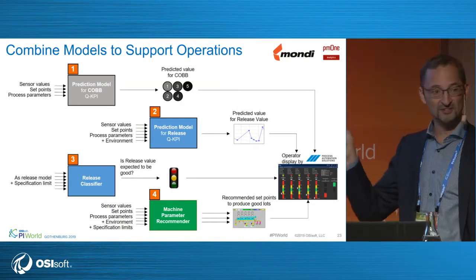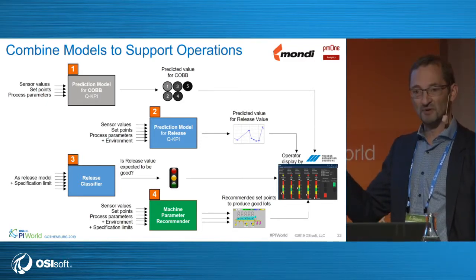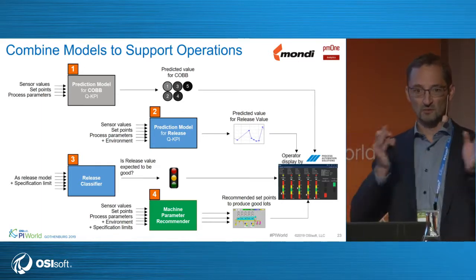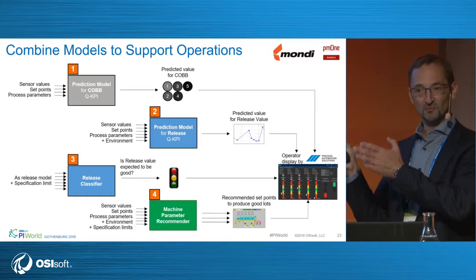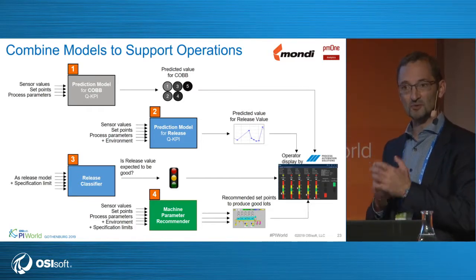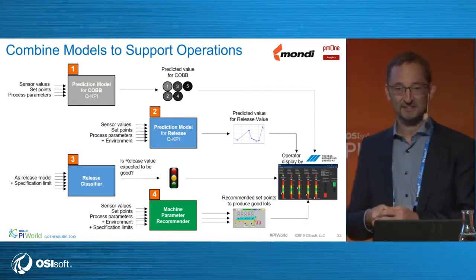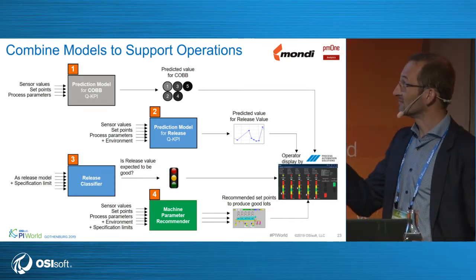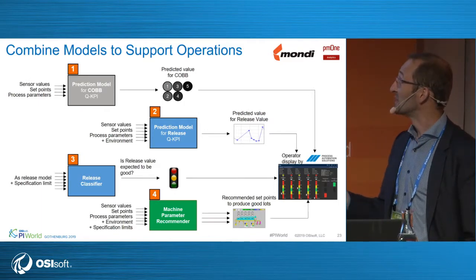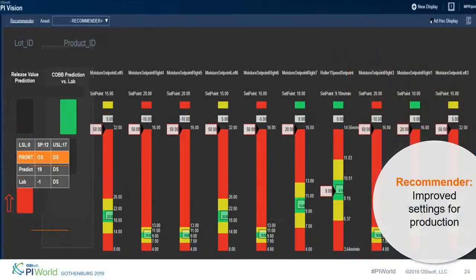So the 4 models that you see on that slide, and Georg talked about it, we were thinking, how could we combine the findings from all the models and make it fit to our production process? You saw the machine running typically with two operators. These guys are pretty busy during production. They don't really have time to stand in front of a computer and watch a screen. So we were trying to develop ideas how we could implement it. And the outcome is the display here in the big picture,